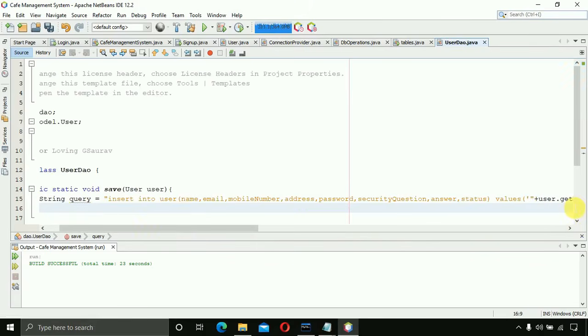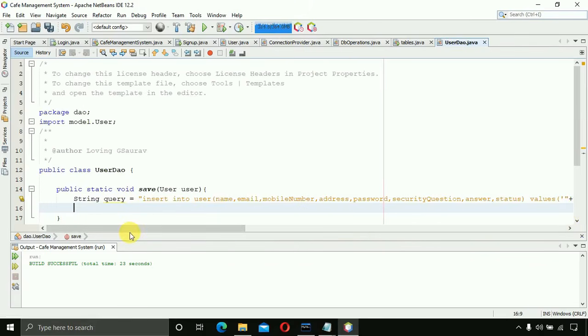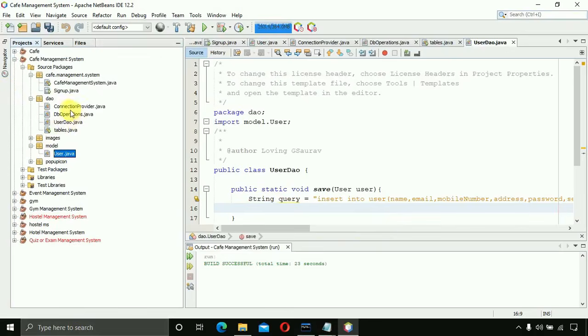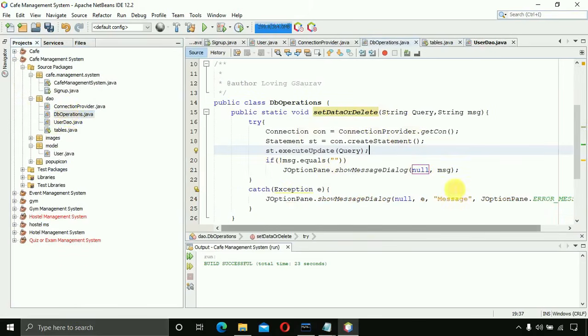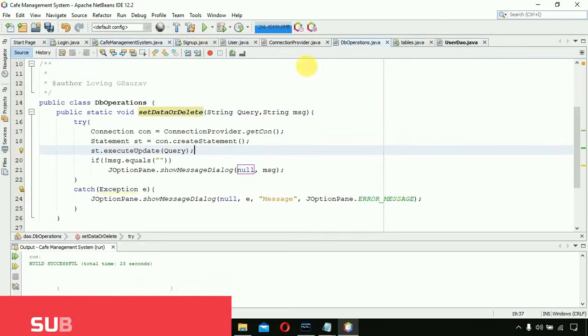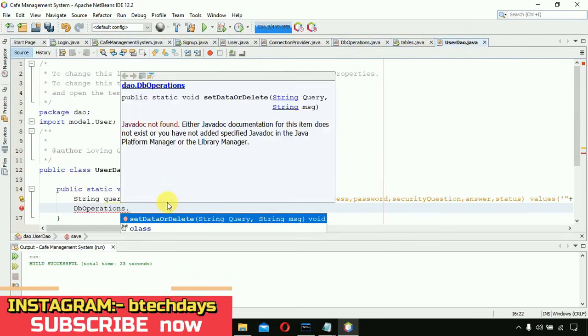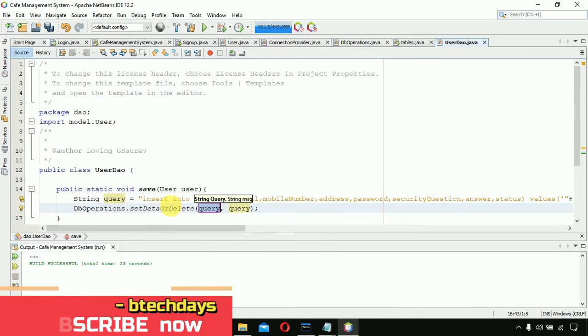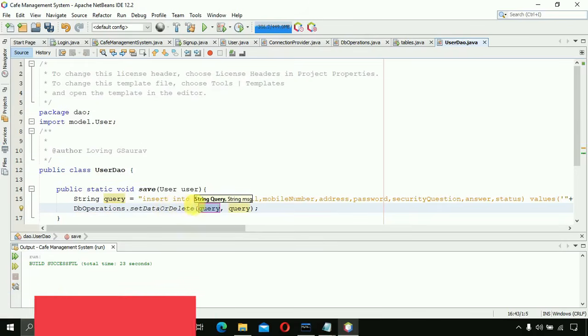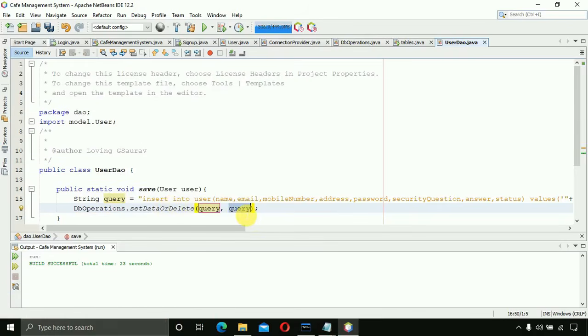And after that the next thing is we have to just pass this query to our, let me open this. We just need to pass this query to this one, and it will take care of everything. It will save to our database. So here we have to write dbOperation.setData, and we are passing that query, and with that we need to pass the message. So I'm just writing here